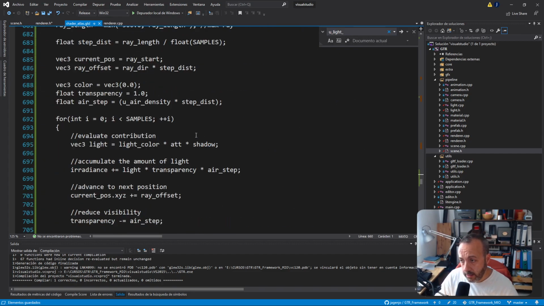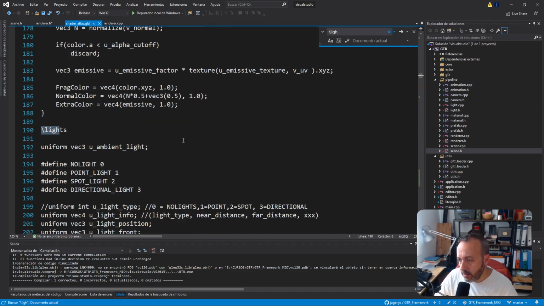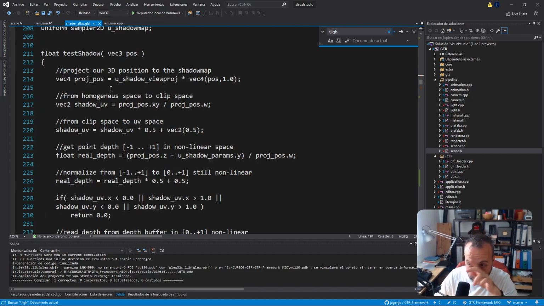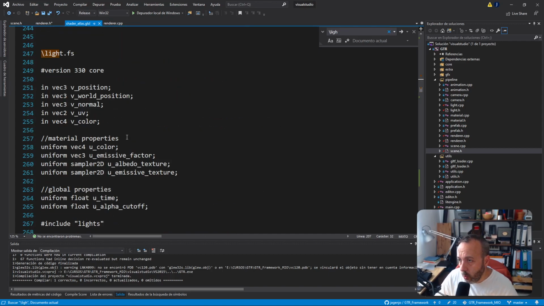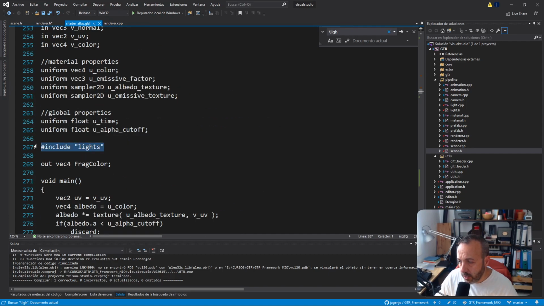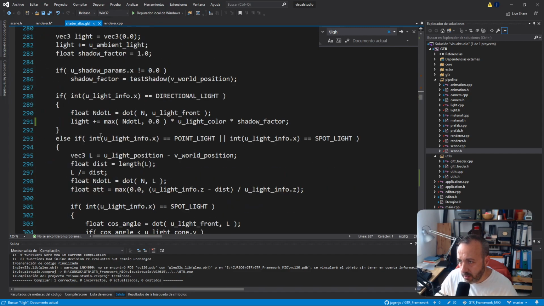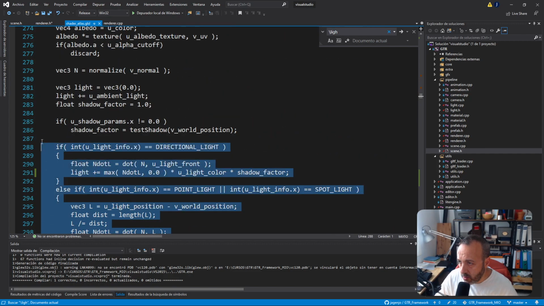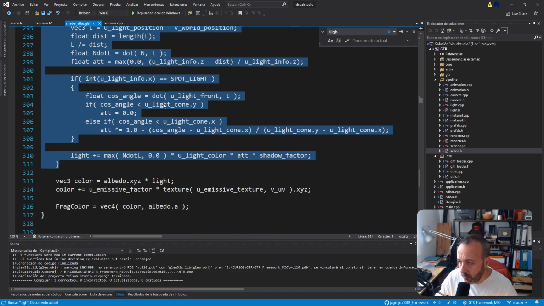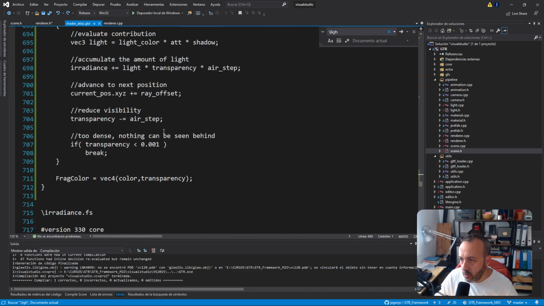And that way I can test how much light contributes every time. So lights, it's here. I have the function to test everything, and I also have all the information about the shadow map, blah, blah. Cool. And this is the one that was using it. And as I remember correctly, I had to do all these things. I didn't put it in a function. I should have put it in a function. I didn't do it. For now, let's copy paste this, and we will play around a little bit with this one. So inside our loop,